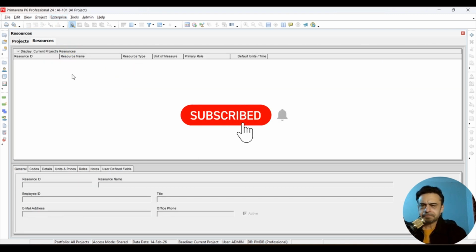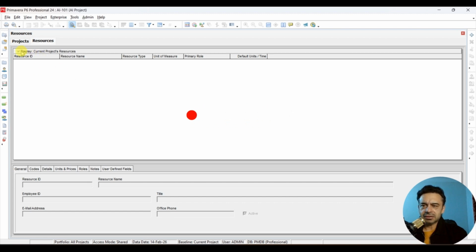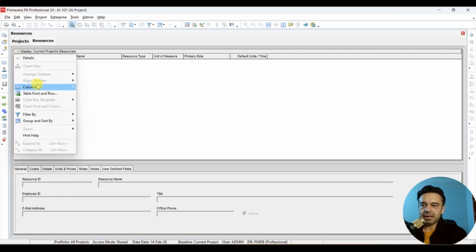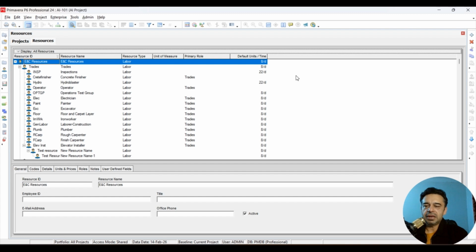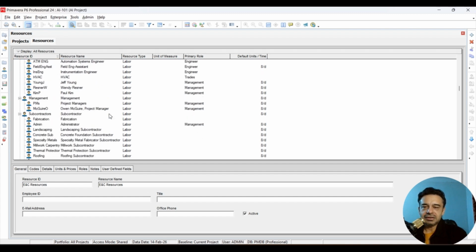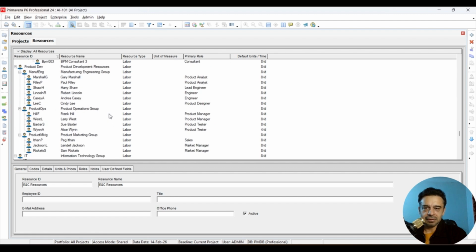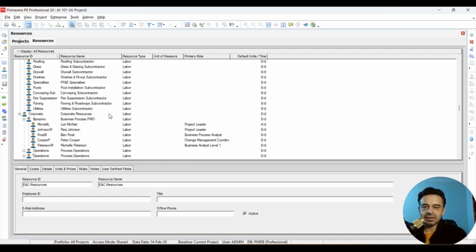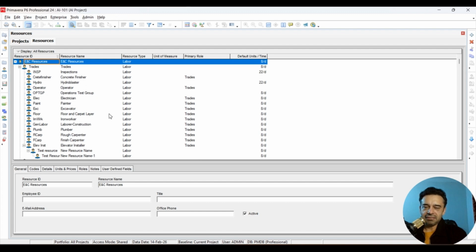All right, so currently we are not able to see any resource because here it says the current project's resources. So all we have to do is change the filter. We click here on display, go to filter by, and select all resources. That's how we will be able to see all of the resources which we have added into the system. Now these are not the resources for a single project, but the resources which we have added into the database. So now if we want to add a new resource that later on we will be using for our project, all we have to do is click here on the add button